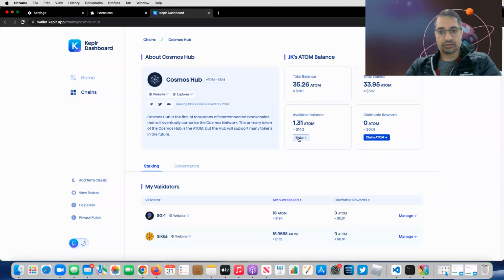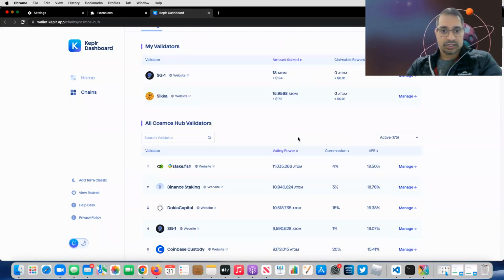Here I'll click stake. I need to select a validator. So what is a validator? You can run a validator on your own machine, and you will require a minimum amount of tokens to stake.